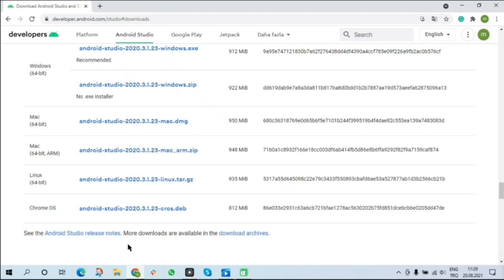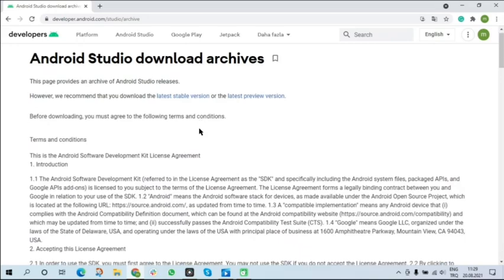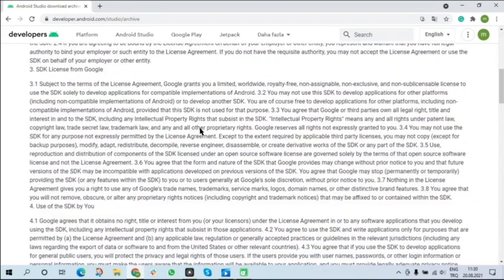So if your operating system is 32-bit, well, just go ahead and download Android Studio 3.6.3. All right? So this is the last version of Android Studio before 4.0. No shame in it, my friends. This is how we learn, right? Anyway, for this, we could click on the Download Archives link. And then from the window that opens up,